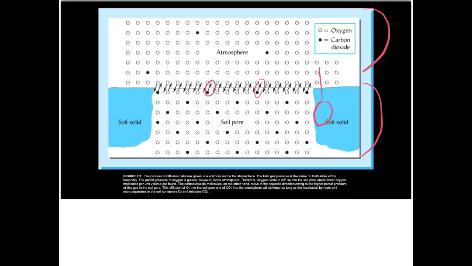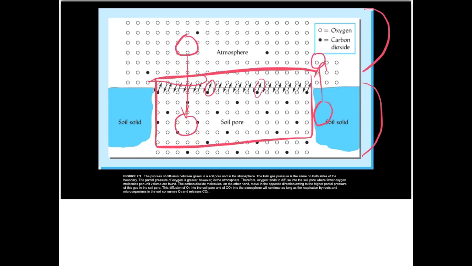The same thing happens with oxygen. Oxygen can move from an area of higher concentration, that's here, to an area of lower concentration here. So that is diffusion. If we have really compacted soil, this doesn't happen as much. There's not as much space for this to happen. But if we aerate the soil, or if we till the soil, then this can happen really well. We can get good diffusion of oxygen into the soil, which is really what